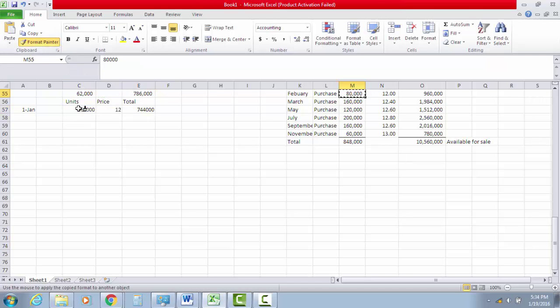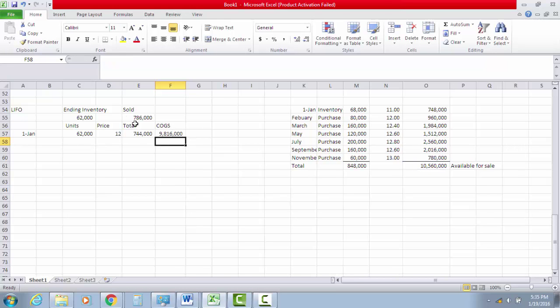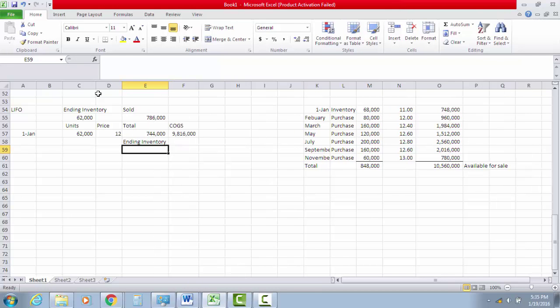So how do I know I have 62,000? Well, remember, I work from the bottom down, so I would sell all of these items. And then because January has more than 62 in it, I would know that I would only have the 62 remaining. So again, had I done it that way, I would know my cost of goods sold would be the total available for sale less the total I have in ending inventory. So if you choose to do it the other method,